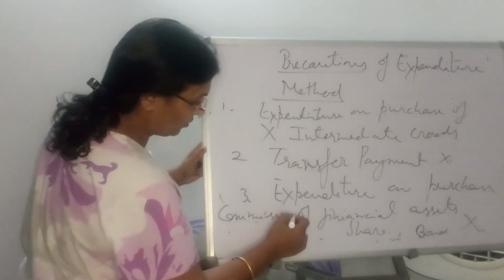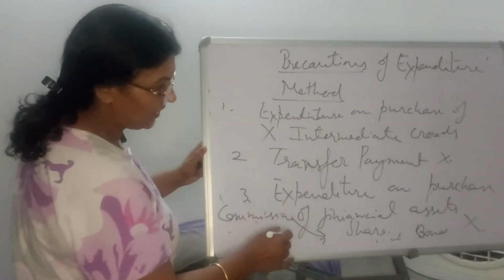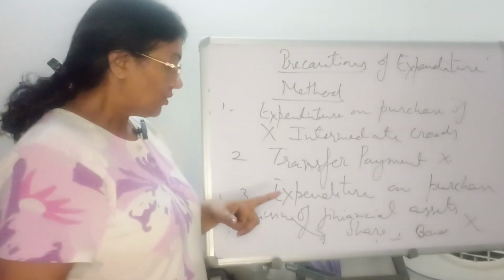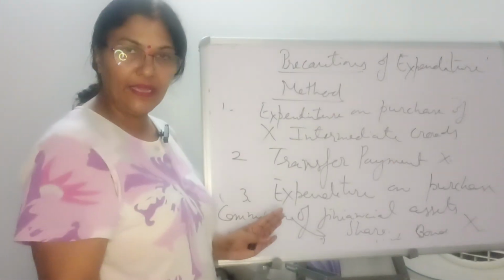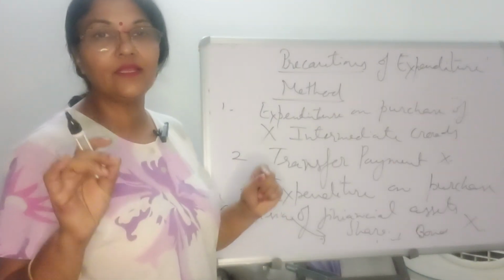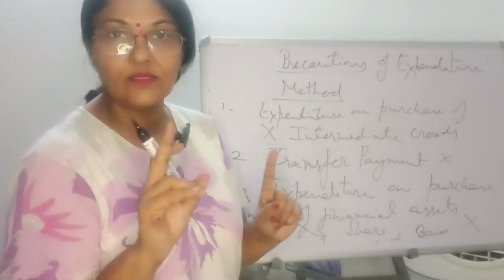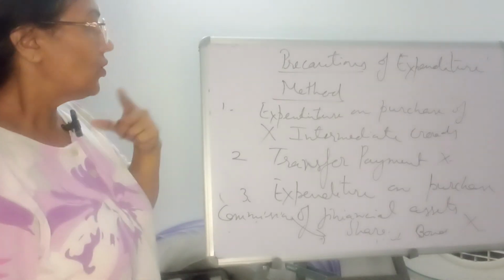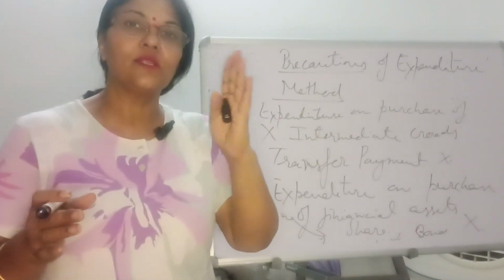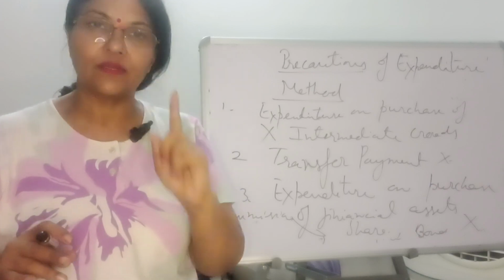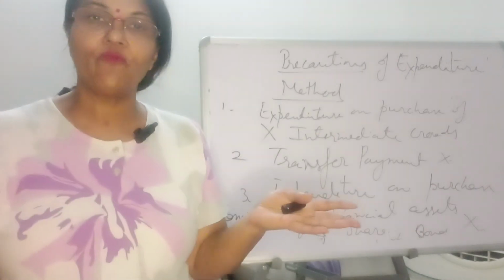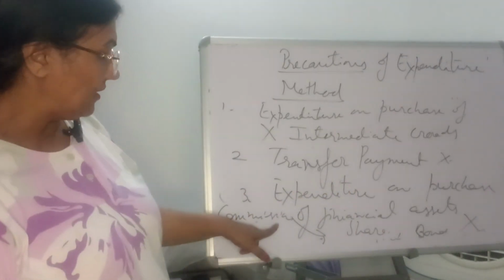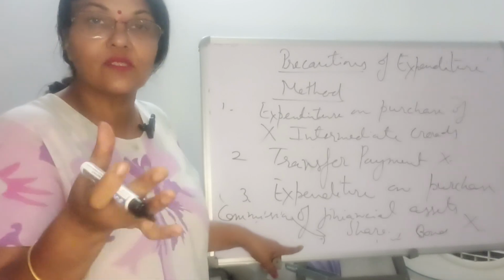While the commission or brokerage paid to the agent in the purchase or sale of these financial assets, we purchase the shares through an agent also, right? So the commission which I am supposed to pay to the agent is to be added because that is their productive service, not a factor service. That's why we are supposed to add it, right? So here I am using the words final goods and services. Services are not factor services. Services are non-factor services like education, health, etc. So commission is their income through productive service.